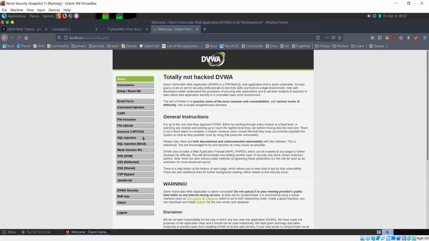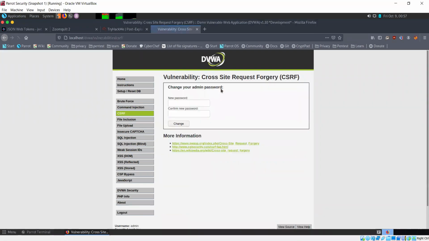Okay, so the password was changed. And another thing is that it did not perform any kind of validation. It did not perform any kind of checking before it allowed us to directly change the password. So all you need to do is have a new password, write it twice, click on change, and that's it, the password is changed.